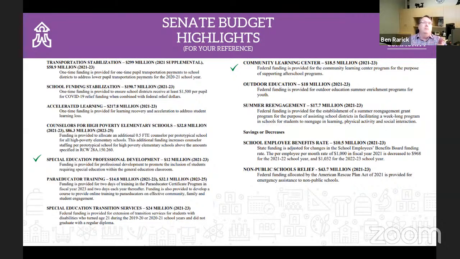These next two slides are really detailed, and I'm not going to read everything, but they're more for your reference, to give you a little bit more detail on what the Senate and the House are doing. But I put green checks against a couple of them that are worth highlighting. So let's look at the Senate first. The Senate's putting some money in special education, professional development, which I know has been a priority, as well as funding with federal funds the community learning center model, which is this idea of keeping school buildings open beyond the typical hours of the school day for a variety of community services.